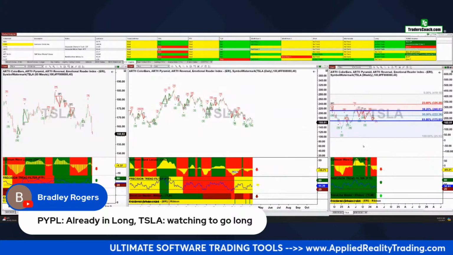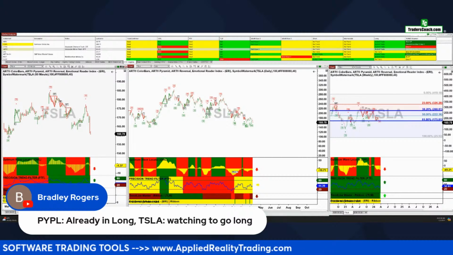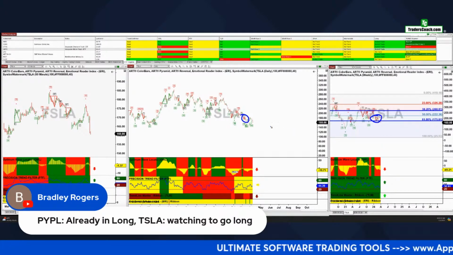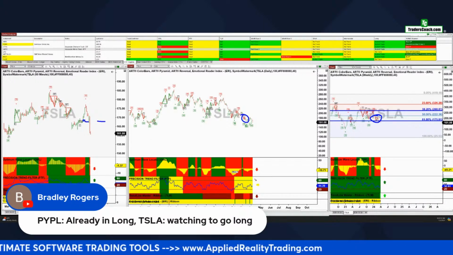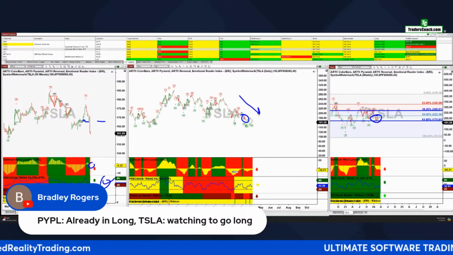So hold off, okay? What you want to do, Bradley, here with the software is you kind of want to make sure that we don't have any active pyramids on any of the time frames, okay? So you have one here, you have one here, and technically you have your neutral here because you had a little bullish one that got stopped out. This is a good sign, but this red here is okay, not so good, and we can see a clear downtrend with lower lows and lower highs.